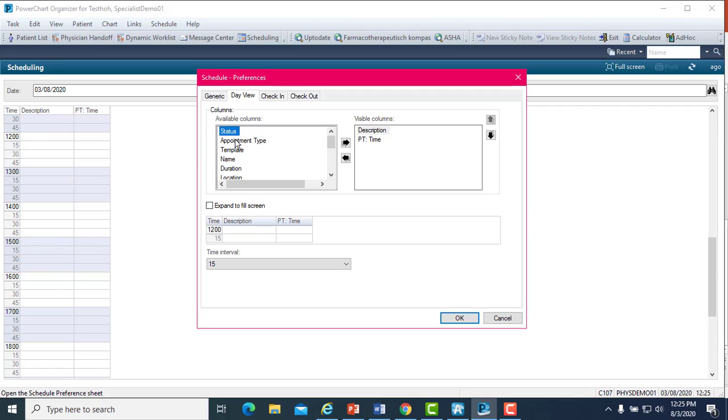You can select them like this: appointment type, duration, primary order,